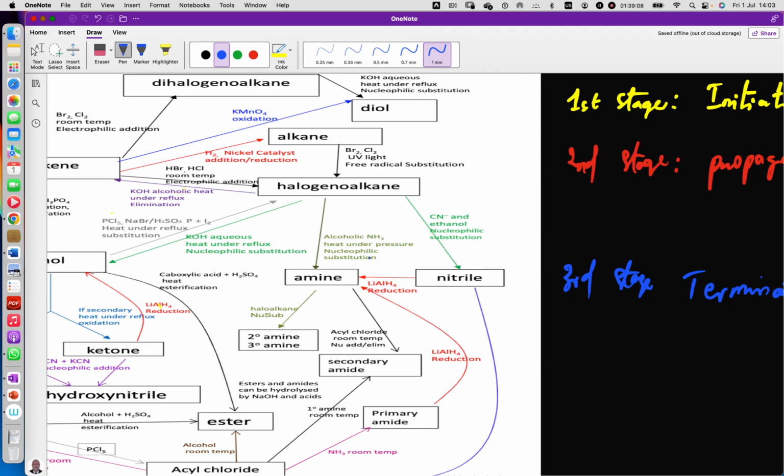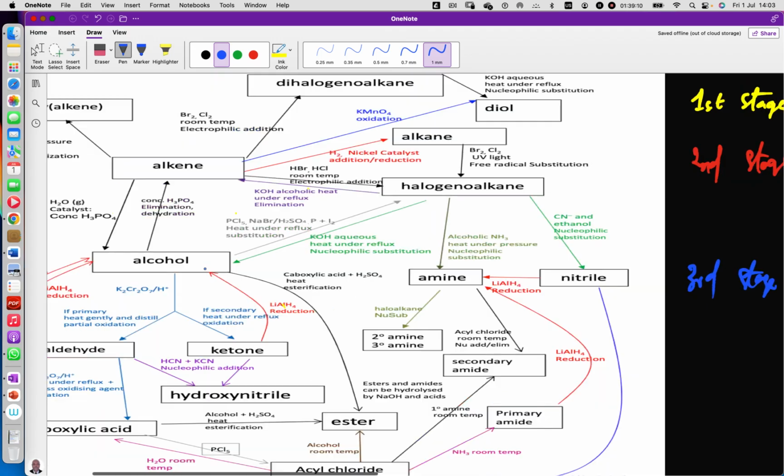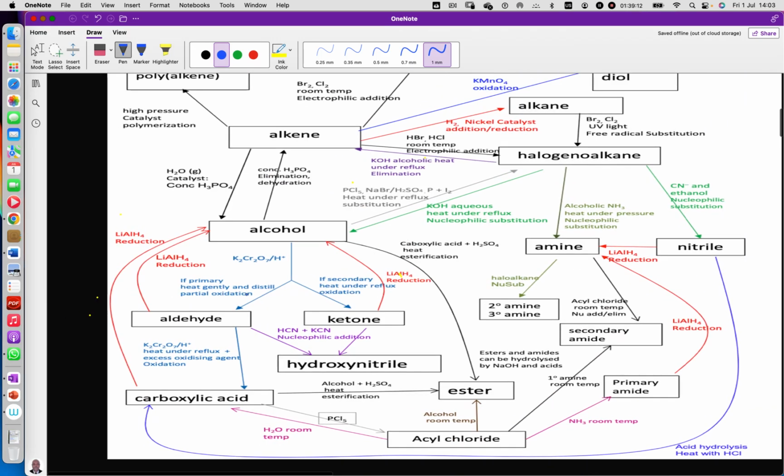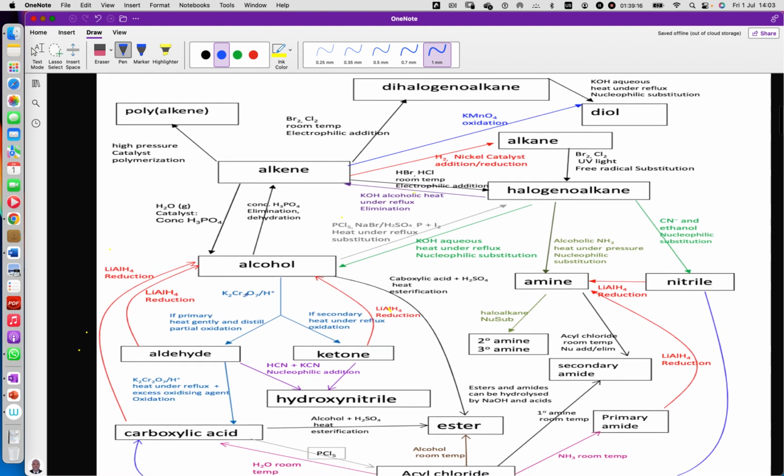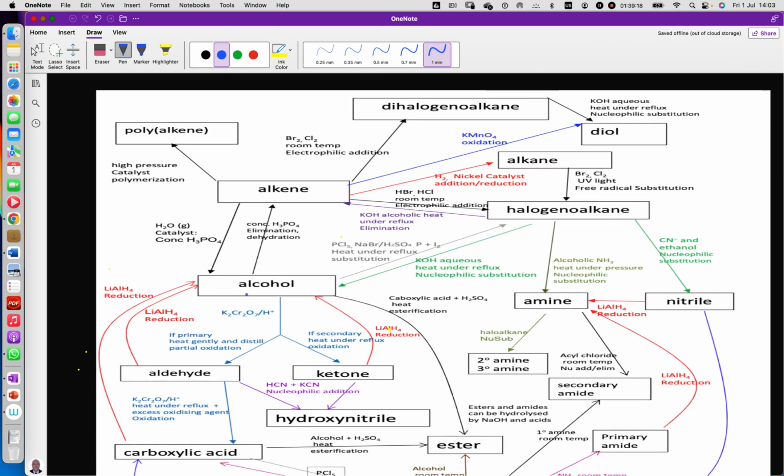So thank you for listening. All these synthetic routes, you can go over them, do your revision through them, and prepare for your exams. These are all aliphatic synthetic routes. I call them aliphatic because aliphatic compounds are compounds with straight chain, branch chain, or cyclic organic compounds,